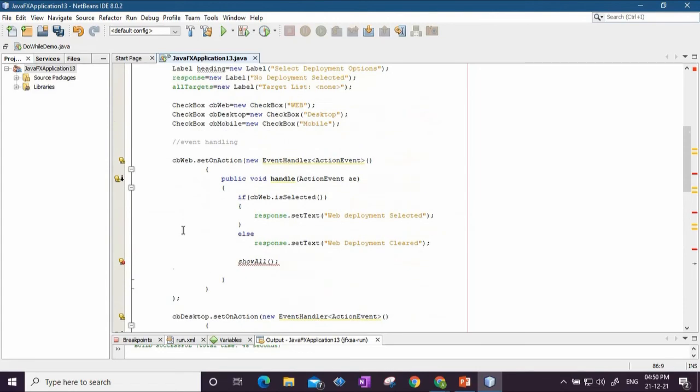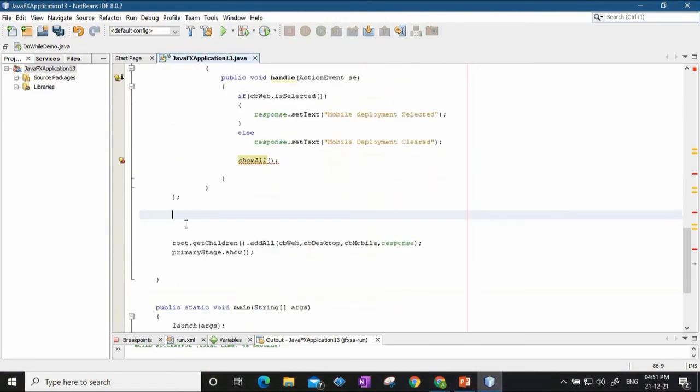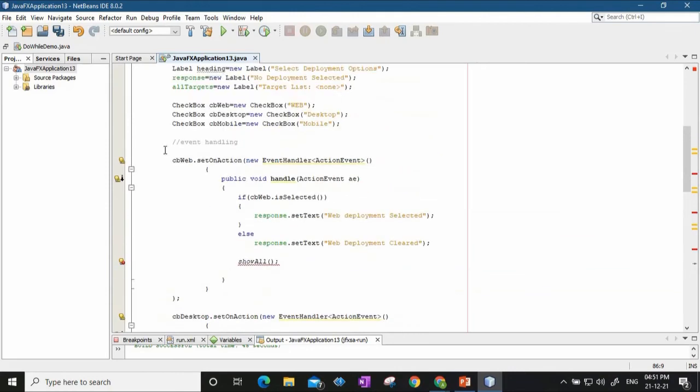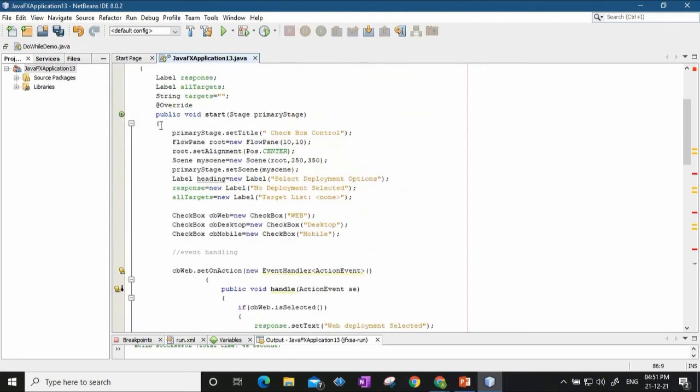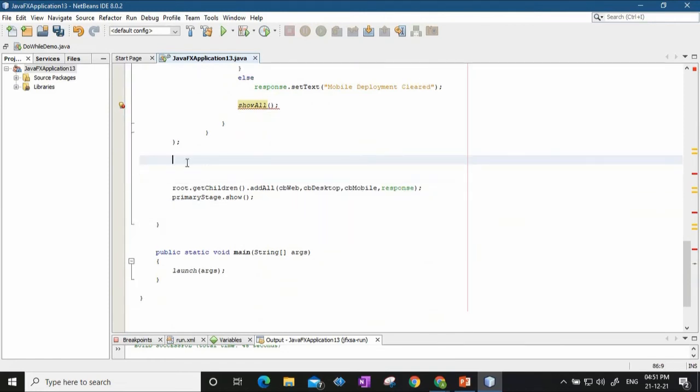Your start method ends here, so I'll create the separator here. I'll say separator s equal to new separator.